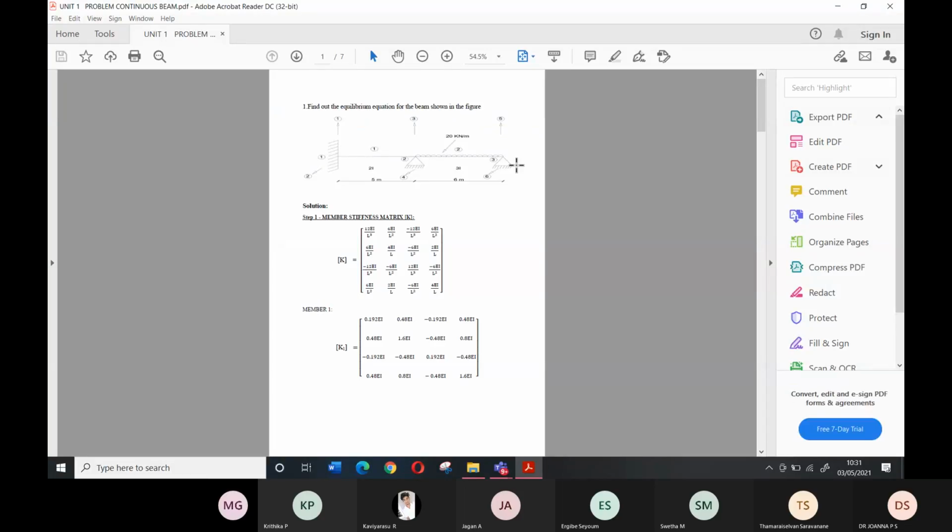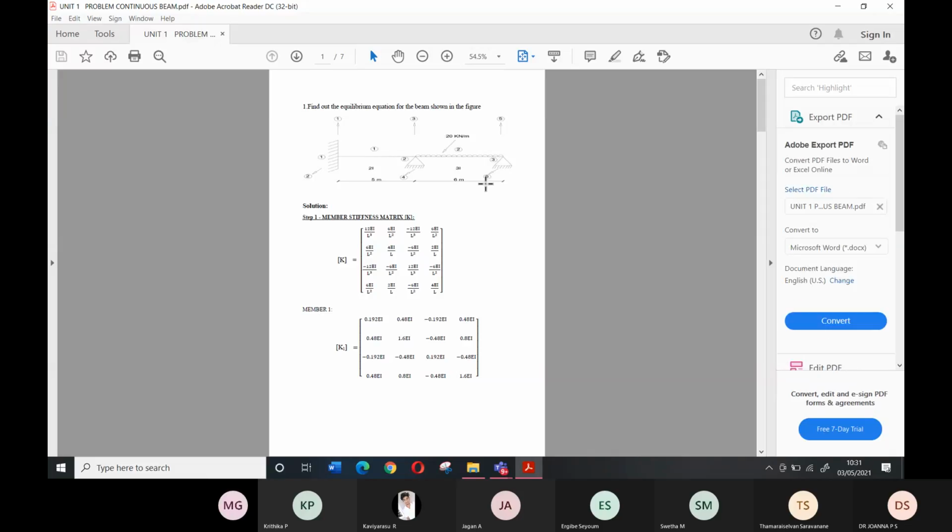Then this question you have to study, that is how to solve the continuous beam. I may ask you to find the global stiffness matrix or the global load vector. This is for the part C question. Or I may ask you to find the stiffness matrix for the first beam and the second beam, or the stiffness matrix for the first beam and the load vector for the second beam. There is a difference between the global load vector and the local load vector. That also you should know. So this is a part C question.